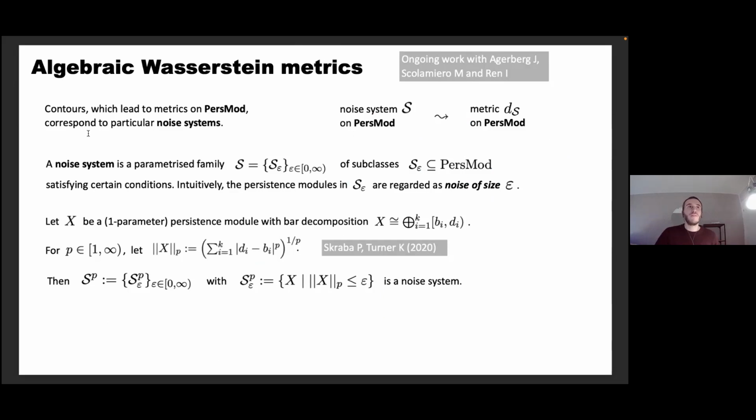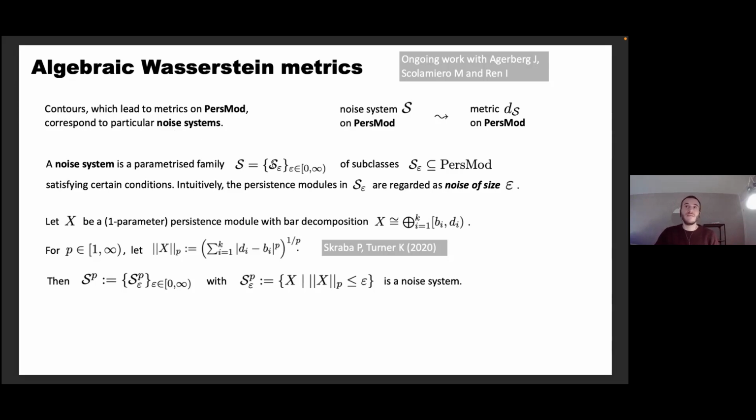The first thing that one can observe is that contours, which lead to metrics on persistence modules, correspond just to a particular type of noise systems, and I will introduce noise systems in just a minute. It's important to know that each noise system also leads to a metric on persistence modules, so we will use this fact. And a noise system is a parameterized family,